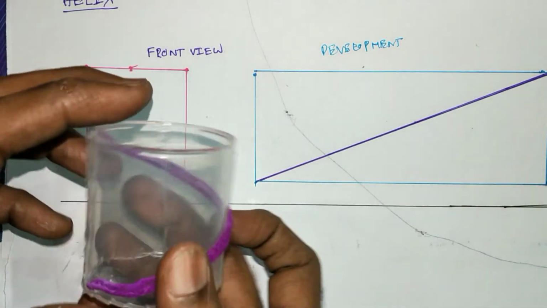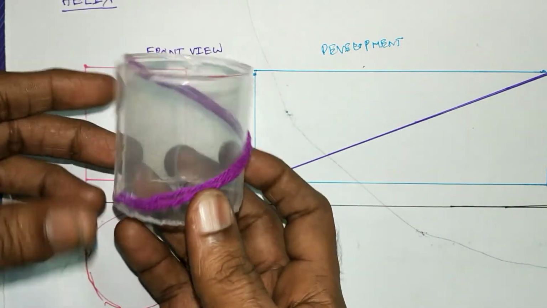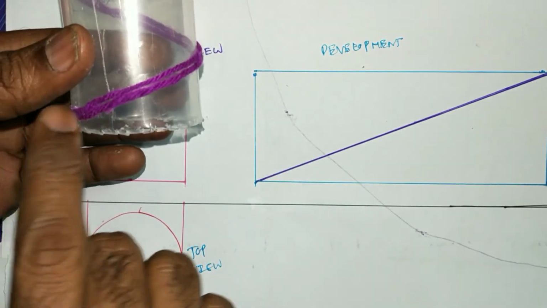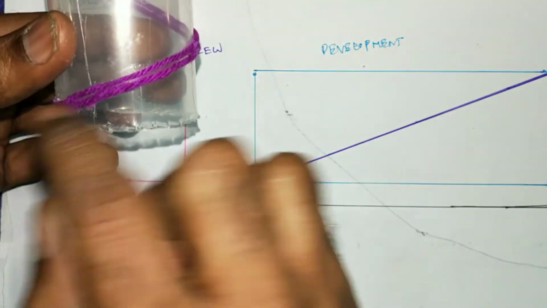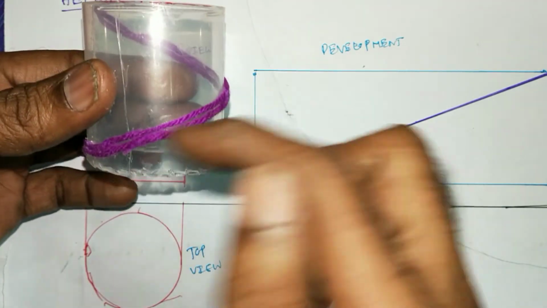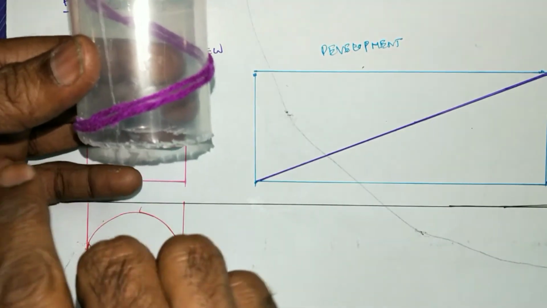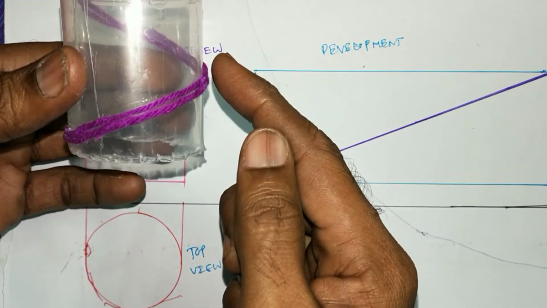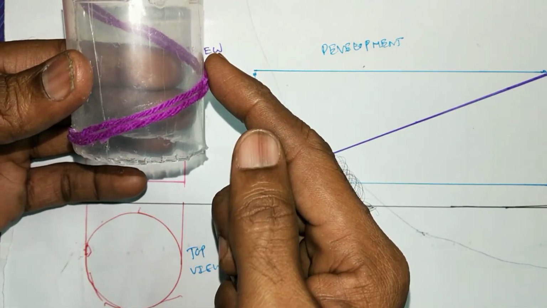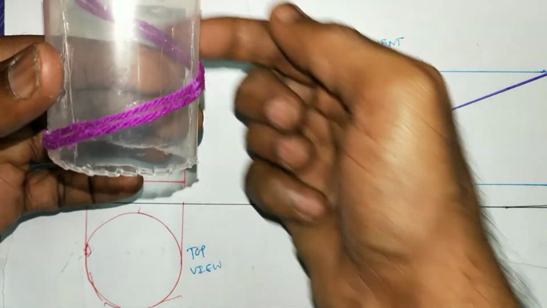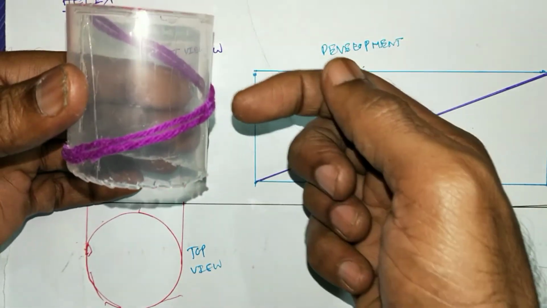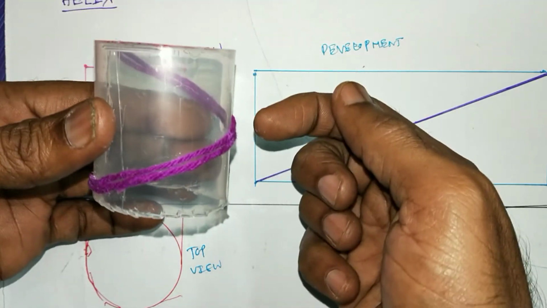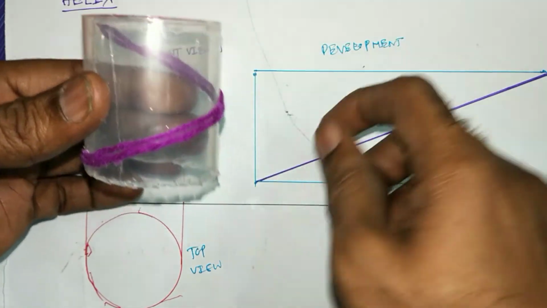Here I would like to show you one example. This is a cylinder on which the helix has been considered for one thread, and this helical shape is visible only up to the half of the cylindrical part, and the remaining will be on the back part, which will not be visible for us. Hence, when we draw this back portion, it is going to be represented as hidden lines.